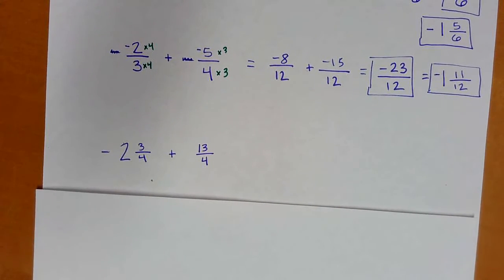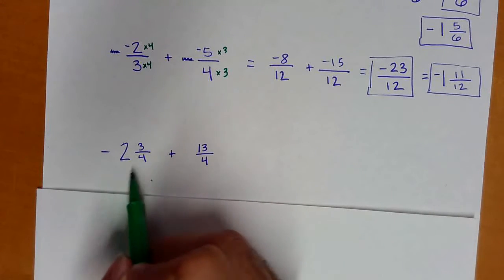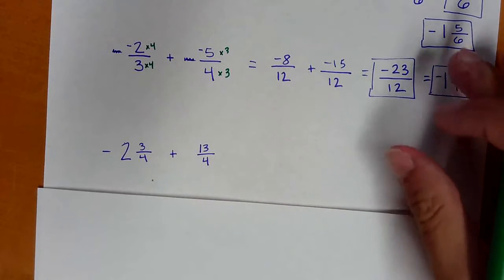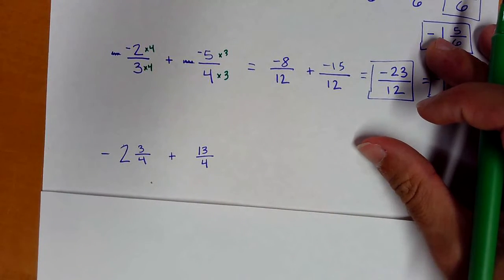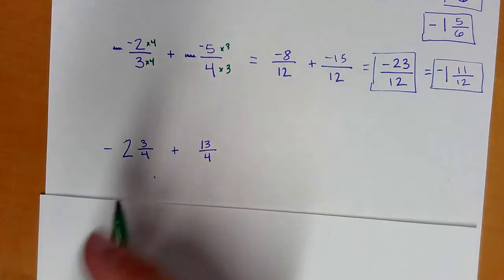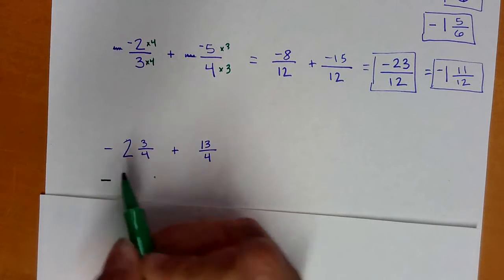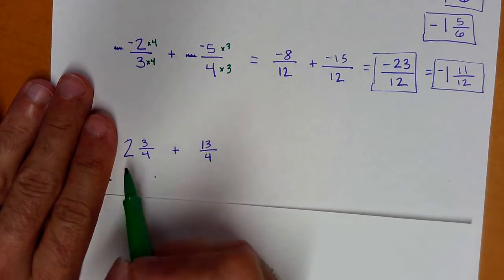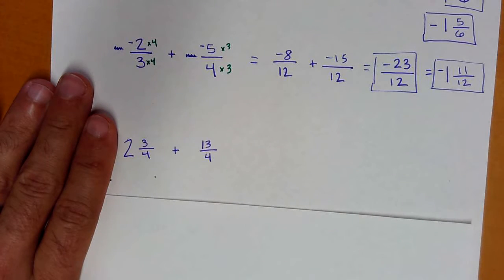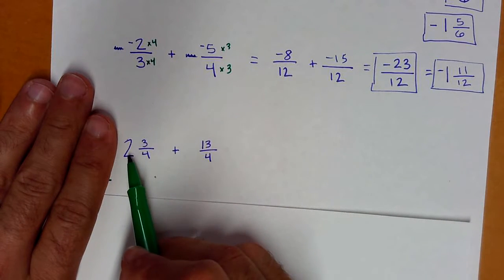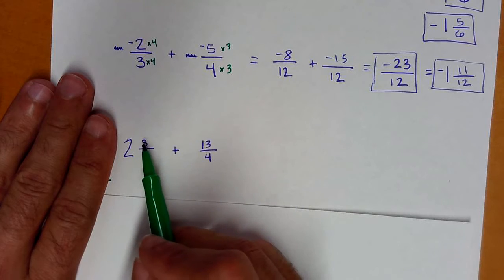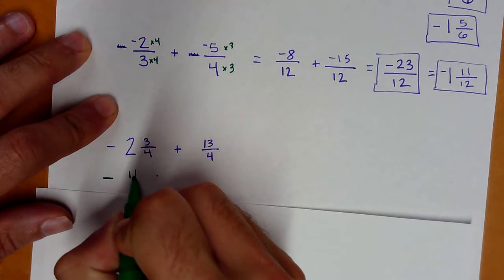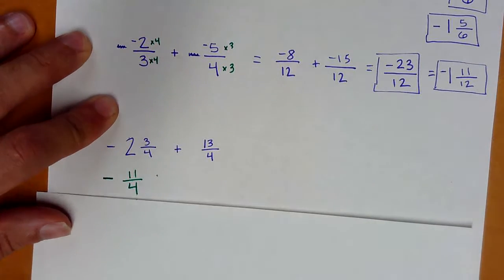Here I'm adding a negative mixed number and an improper fraction. We have to be really careful when we change mixed numbers into improper fractions that are negative. So we're going to keep the negative out front, and treat this mixed number as if it were positive. So we're going to do 4 times 2, which is 8, 8 plus 3. That gives us 11 fourths